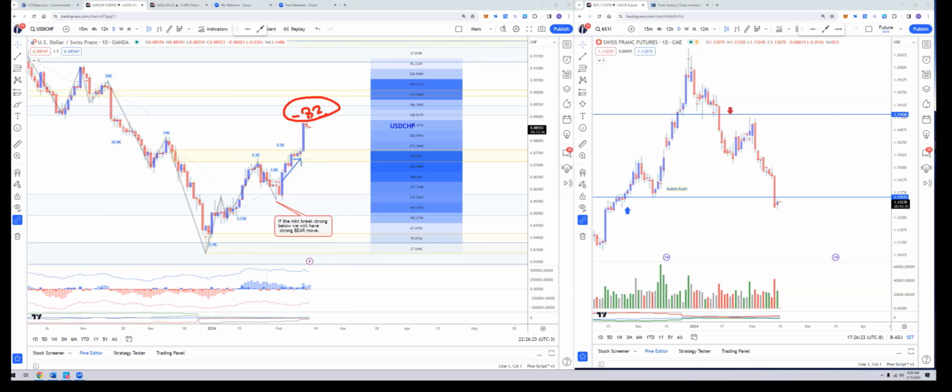Same thing: the moment they cannot stand it anymore and start to run away from their short positions, it will become minus 80, then minus 70, this kind of thing. The moment that happens, the market will drop. It's a little bit late to long already, put it this way. It's too extreme already. So I think the market will likely drop down a little bit, at minimum. I think it will likely go to the 0.88 level. So this is what I'm expecting to happen. I would say it's slightly bearish.